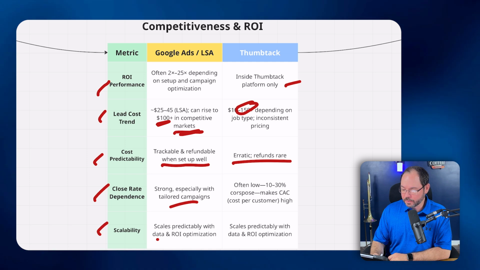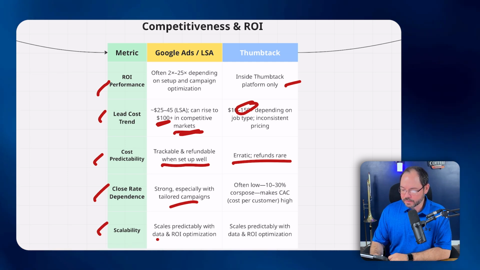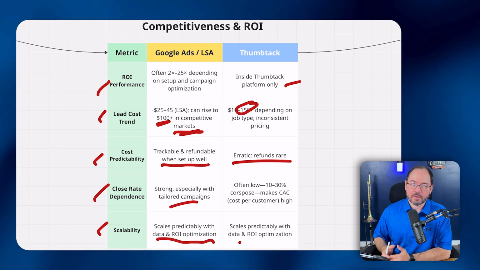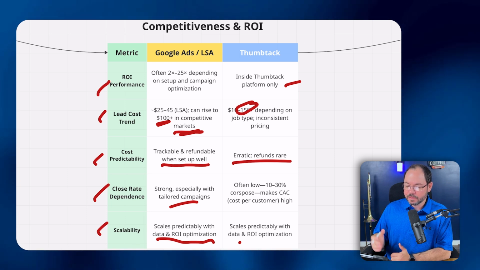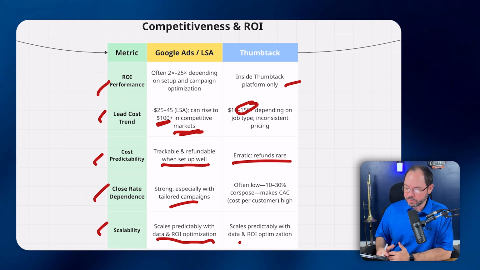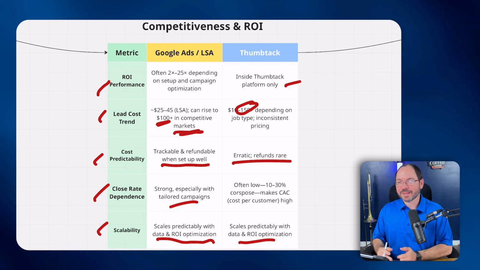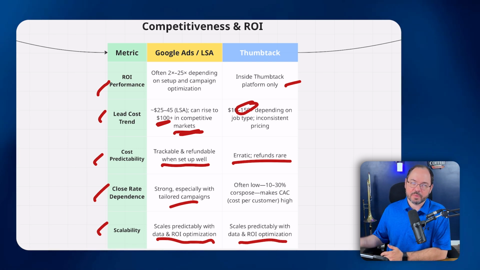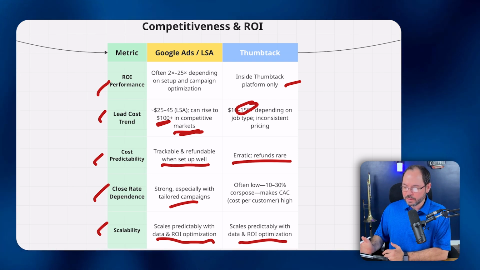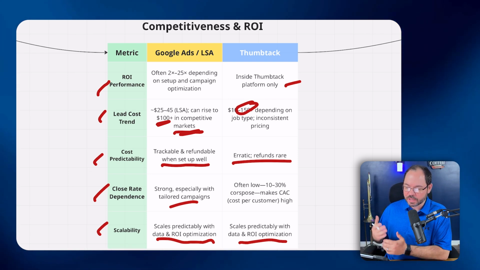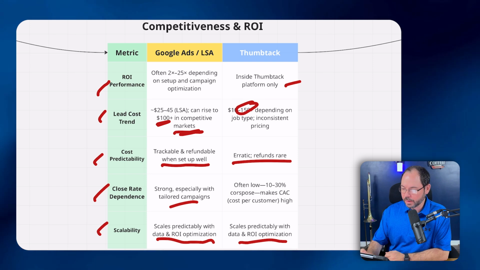Last, scalability. So once again, because there's data and the ROI can be optimized easily, Google Ads is typically a lot easier way to scale because of the lack of, you just want to say, erratic predictability when it comes to budgeting and figuring out which leads you're going to close. Typically, Thumbtack just is not going to give you the same scalability there. All right. Last thing,